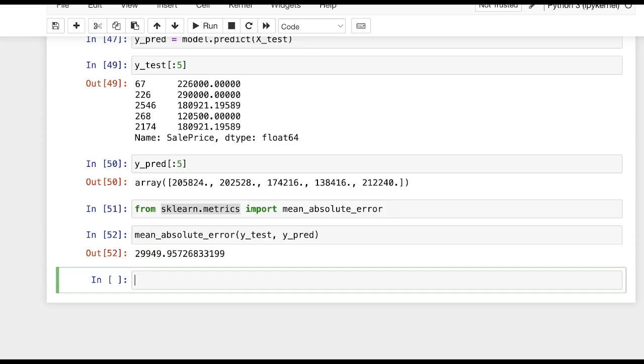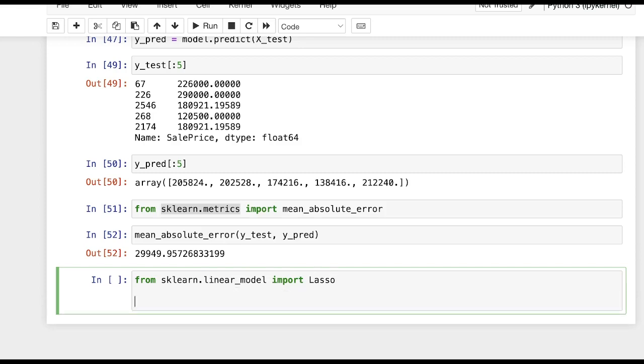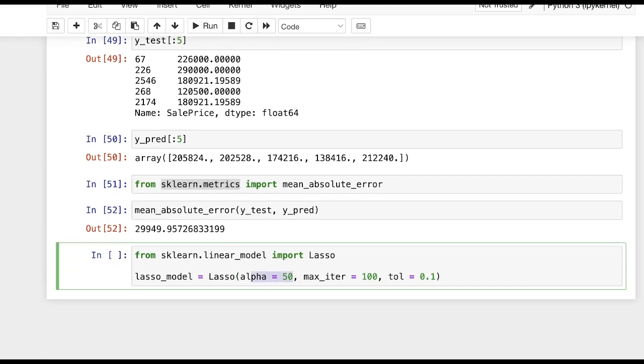We will import the Lasso module from the sklearn library. We will create a Lasso model for it. Here alpha is equal to 50. Alpha is a hyperparameter. A hyperparameter is a parameter on which our model depends. As we change that parameter, the performance of the model also changes. Such a parameter is called a hyperparameter. Here the value of alpha, 50, is on a trial and error basis. There's no standard value for alpha. You need to do some trial and error, use grid search techniques and cross-fold validation techniques, and find the perfect value of alpha for your